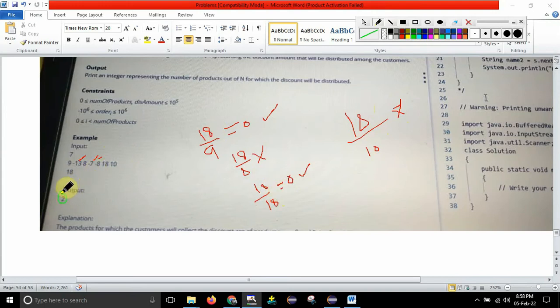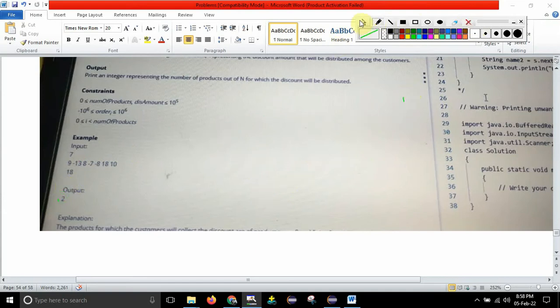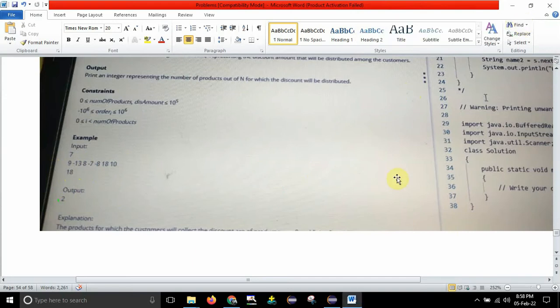So it is fairly a simple question guys, just a for loop and one division. This is all about the question and how we should proceed. The first thing is to take one for loop which will iterate through all the elements. Take this 18 as key and compute key divided by array of i. If it is completely divisible, increment the result by 1, otherwise don't increment the result. So that's it in the program guys. I will try this program in Java.